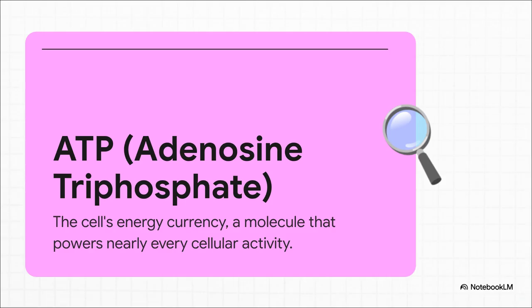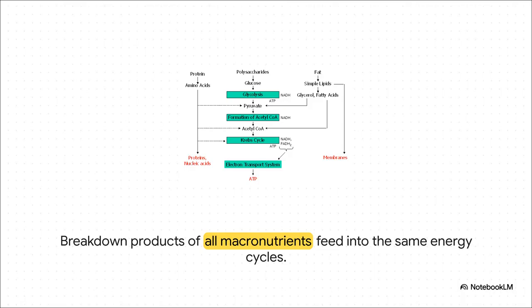Just like you use cash or credit card to pay for things, your cells use ATP to pay for basically every single thing they do, from making a muscle move to firing a thought. And here is where the cell is just brilliant. It doesn't really matter what you ate. Whether the fuel is glucose from carbs, amino acids from protein, or fatty acids from fat, look at this. All three paths eventually merge. They all get funneled into the same central power plants, like the Krebs cycle, to generate that one precious currency,